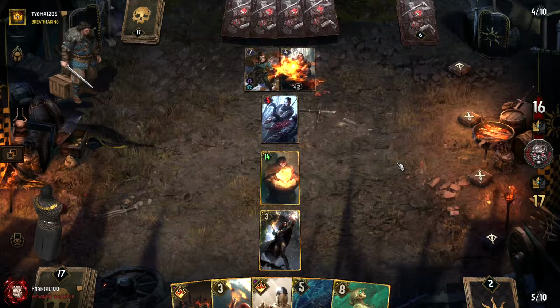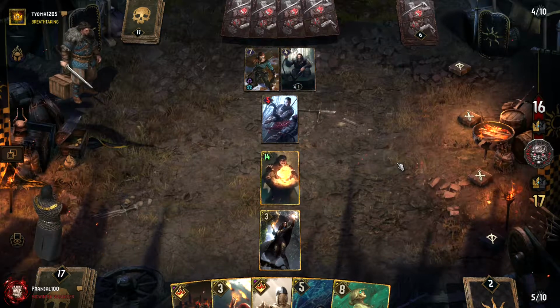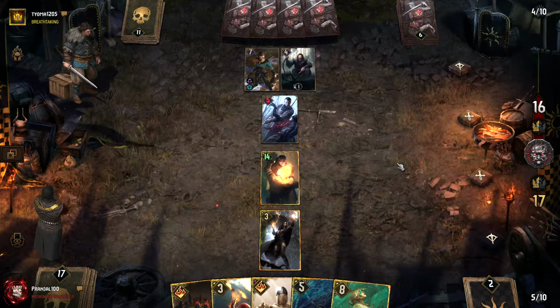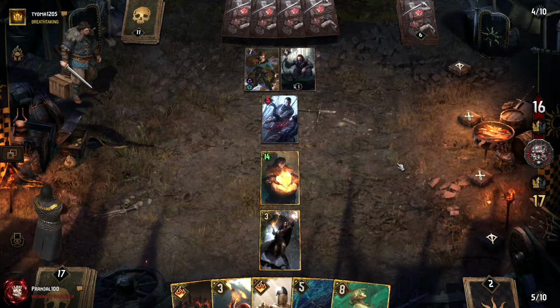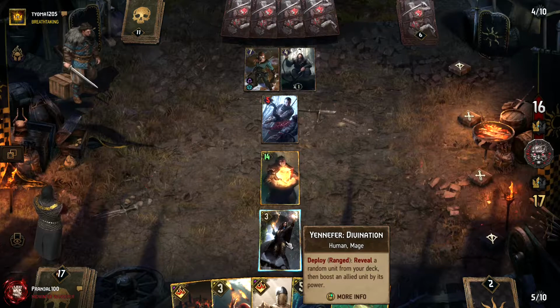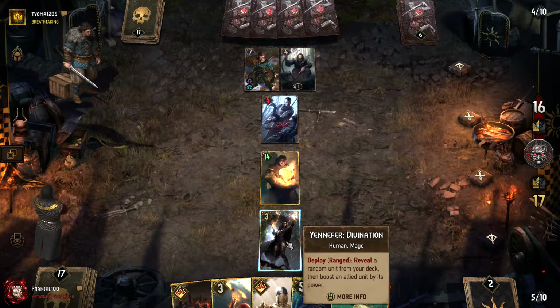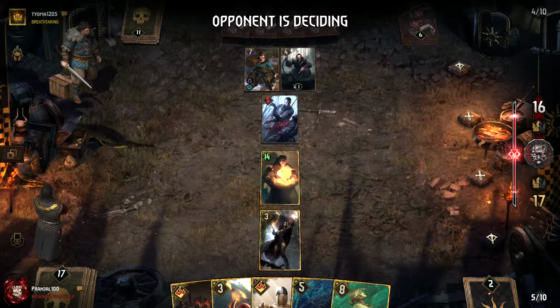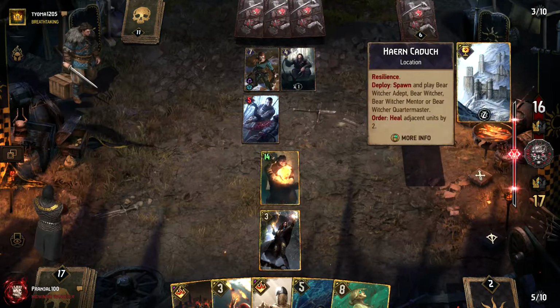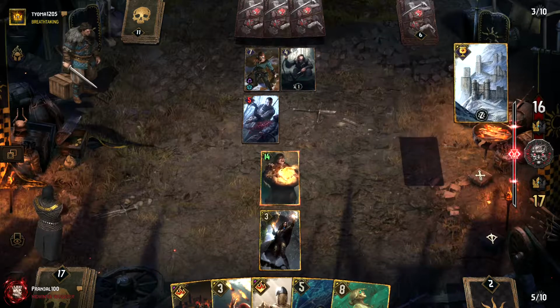Now the issue here is that I kind of want that Yennefer to survive, since usually Yennefer is my decoy target. So in case our opponent plays another Bear Witcher onto Yennefer, we are not really gonna have her as our decoy target anymore. Okay, yep, it's a location, so it's gonna be another Bear Witcher, though our opponent is hovering over Vilgefortz, so